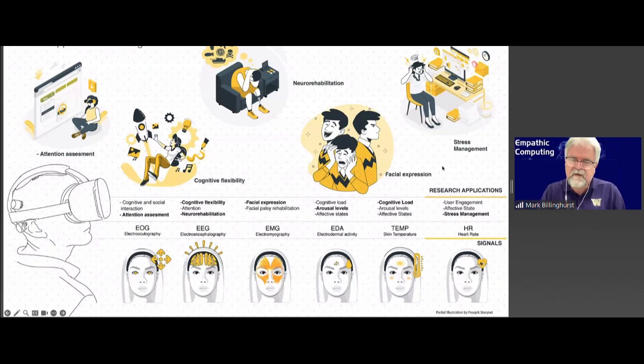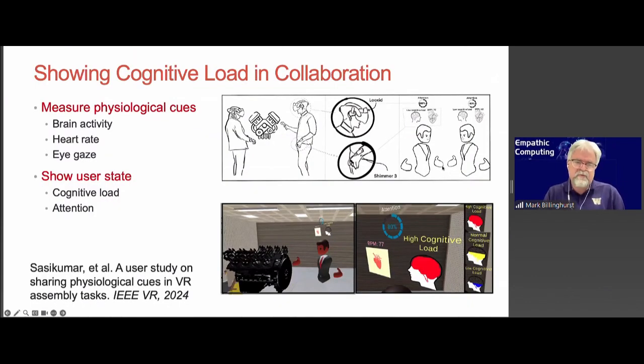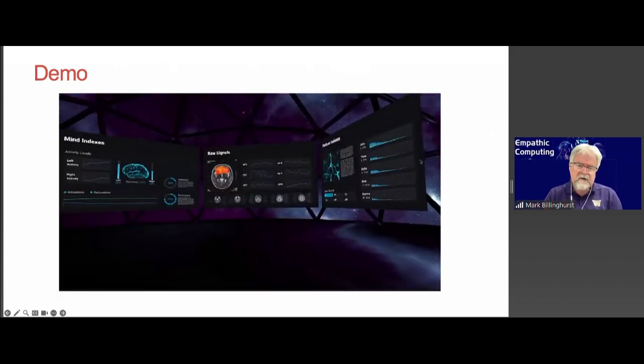So, for example, in some more recent work, we did some work on measuring cognitive load in collaboration and training. So you can imagine a case where you're in VR with somebody else and you're supposed to train the person on a piece of equipment or a procedure. If you could measure their brain activity, you could measure how much they're understanding what you were training them. So we built a system that does that, that has avatars in VR, and then on top of the avatar, they have representation of your cognitive load and your attention level, and your heart rate. And so that you can see that on the bottom picture there, the little icons represent cognitive load. And here's a video of the system working.